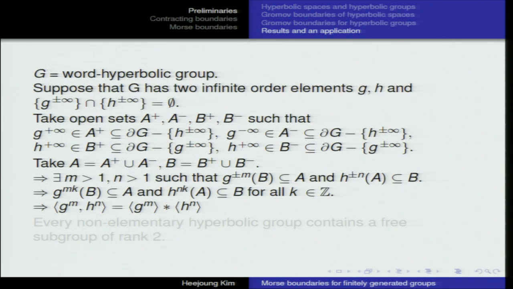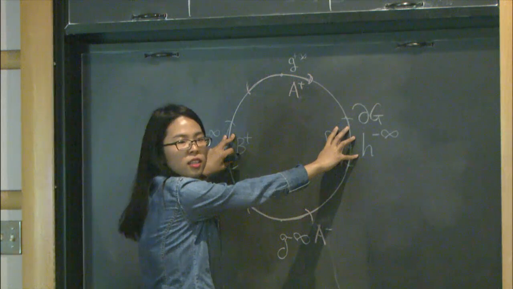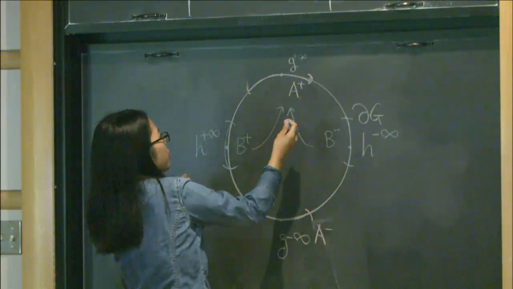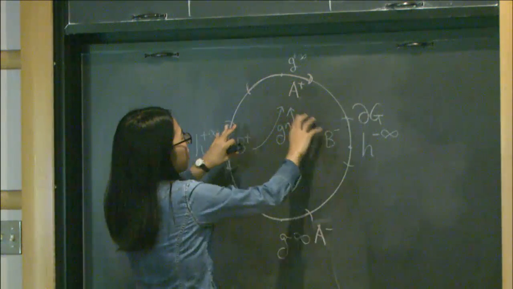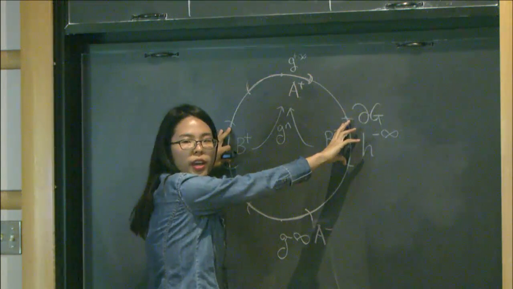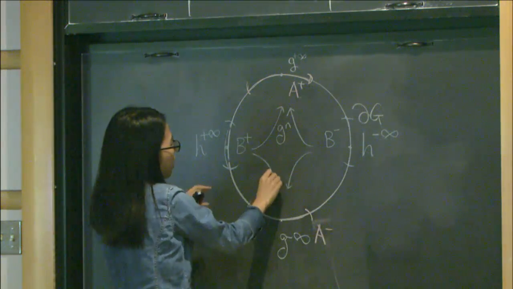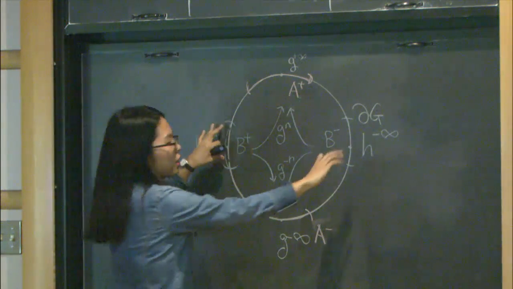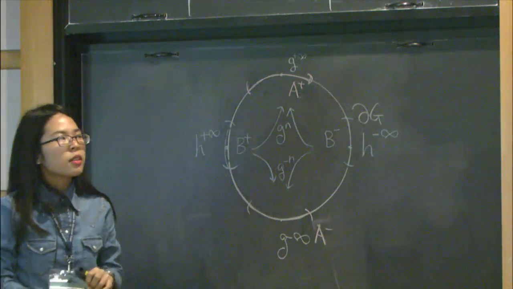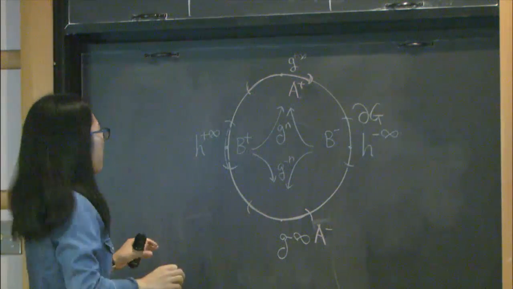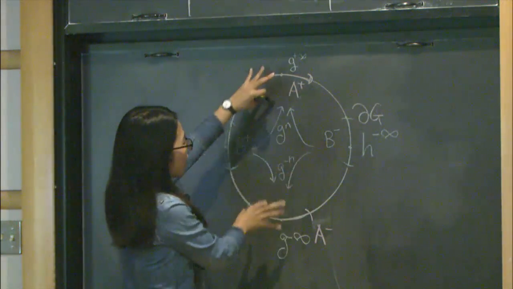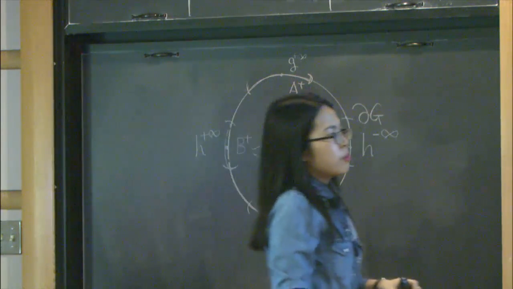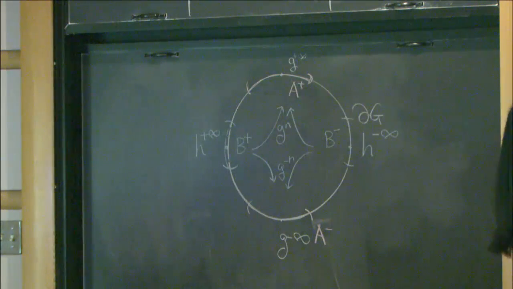Because B is contained in the complement of A, there exists some g^M, because this is contained in the complement of A. And we can take the maximum, so there exists the same M such that it goes to this set. So we can do the same thing for the A set, so we can find M as well. Then in particular, we have this, because this is true for